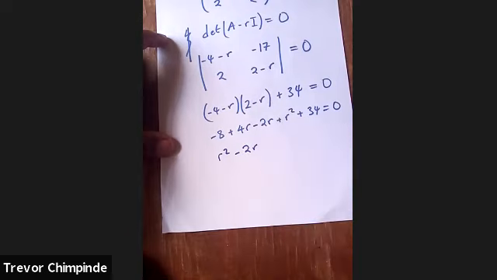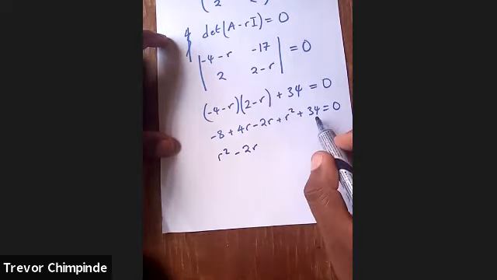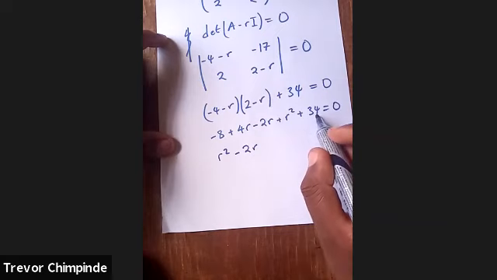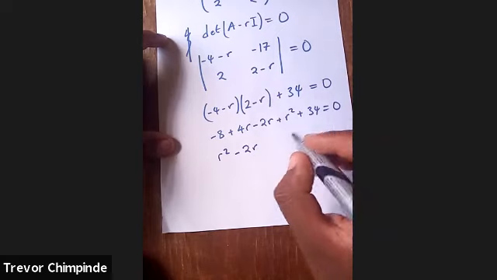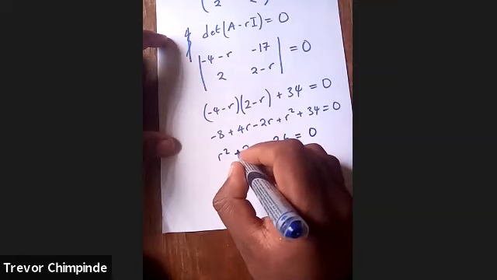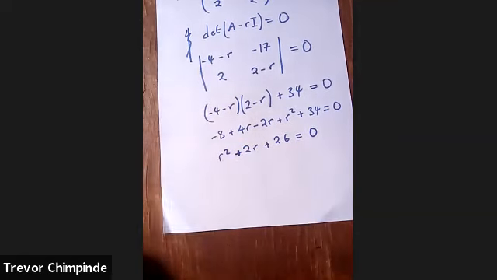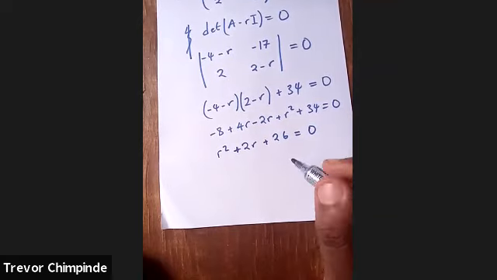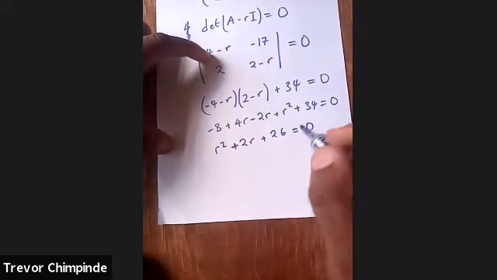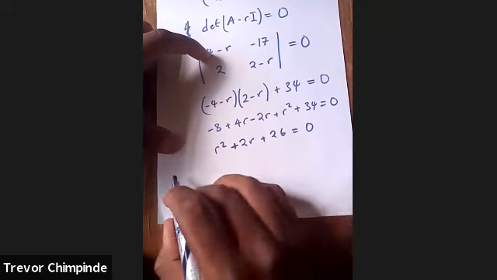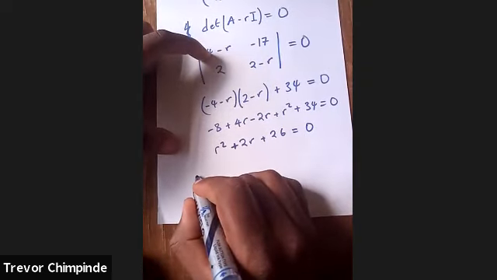and then 26, yes. Plus 2r, I think. Yes, plus 2r, thank you. Plus 2r plus 26 is 0. So you can try to analyze this. Can you factorize this? If you can't, or if you want to go the easier way without any thinking, you can do the quadratic